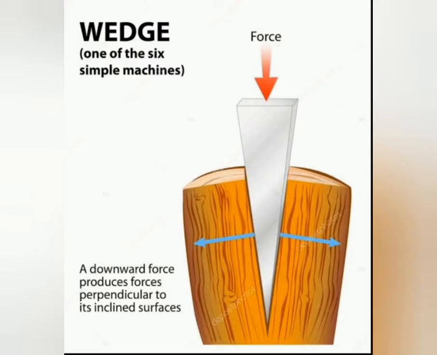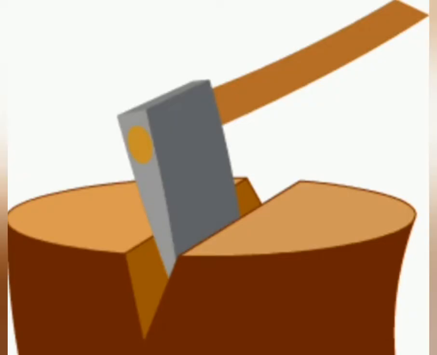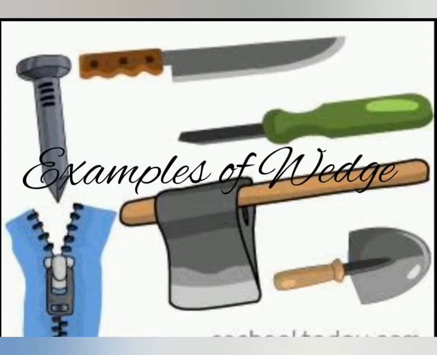The next simple machine is the wedge. A wedge has two inclined planes joined back to back with a sharp edge. It has a blunt and a sharp end. The setting of the wedge can be easily seen in an axe, which we use to cut trees. A wedge moves through an object. It is used to split or cut any object into two. The best examples of the wedge are knife, axe, shovel, and razor.